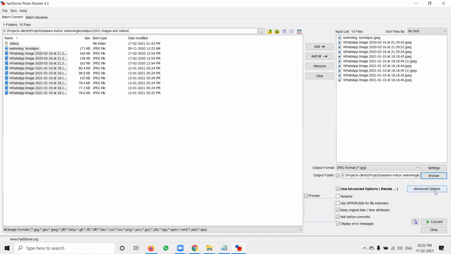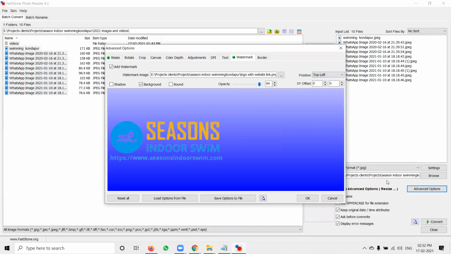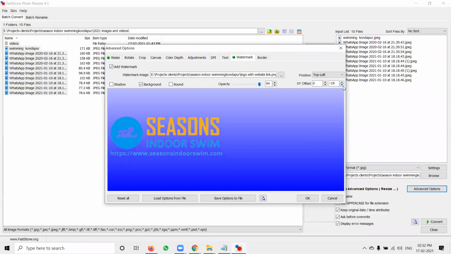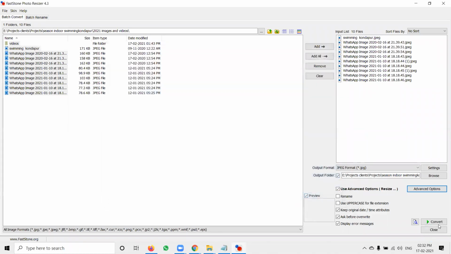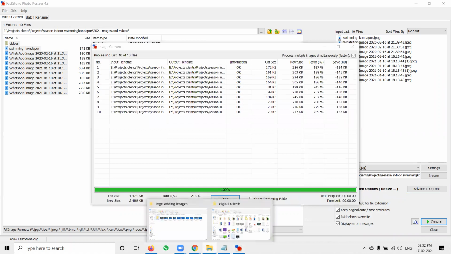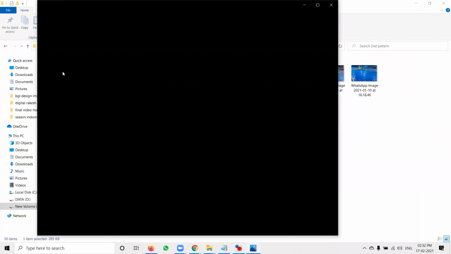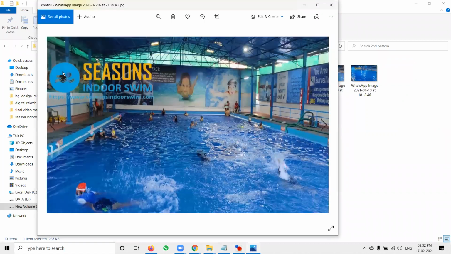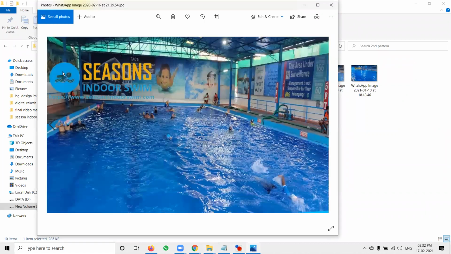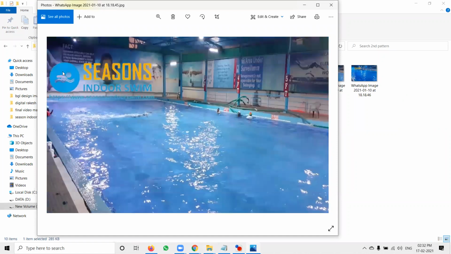Go to the advanced option, choose top left, okay, and convert. You can use top left. This will be top left. You can move it to top right, top left, anything is possible in your option.